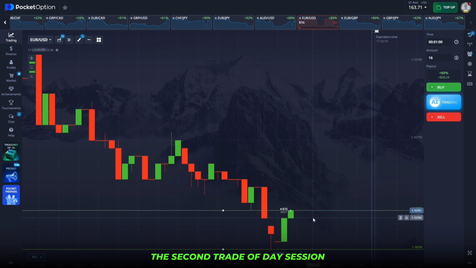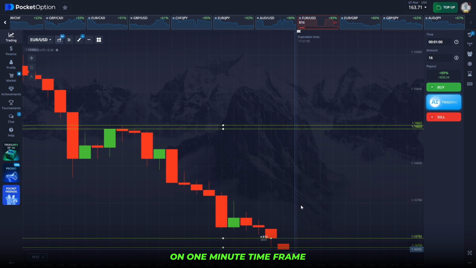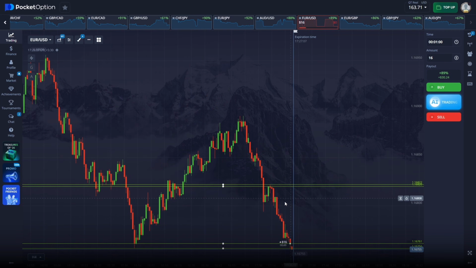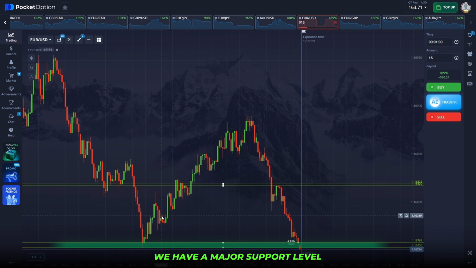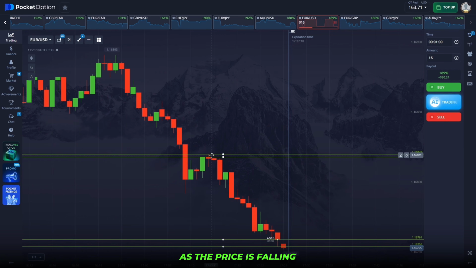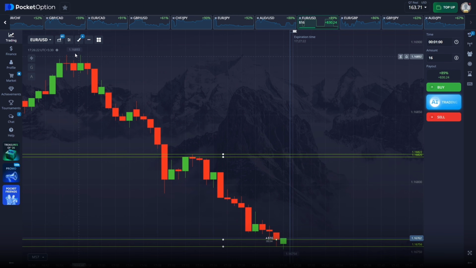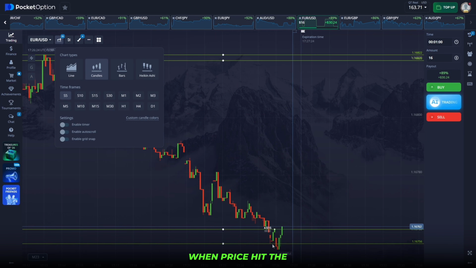I have placed the second trade of today's session in the upside direction. Reason: on the 1 minute time frame, we have a major support level. It's a good visible support level which can reverse the price. Second reason for placing the trade: as the price is falling, retracement is required in such cases. When price hit the support level,